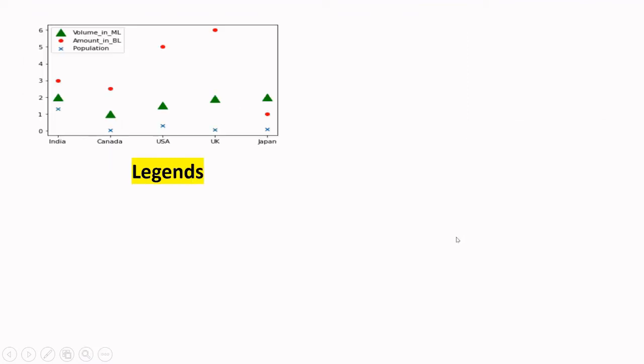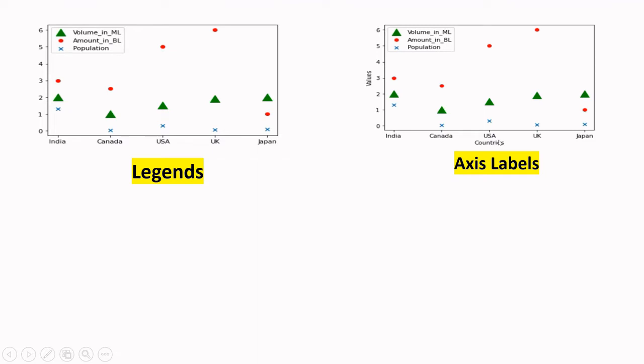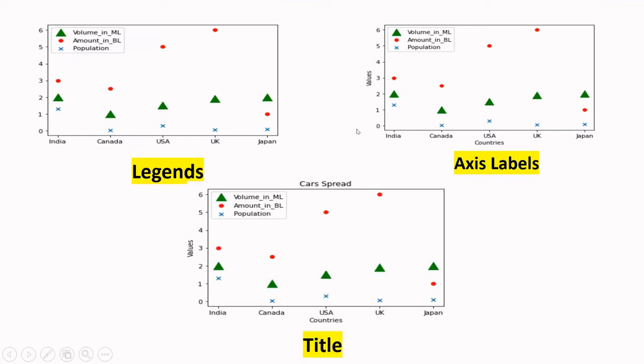All right. Then we will see how to add the legends. Then we will learn how to add the axis. Like you can see here, the x-axis and the y-axis name has been added. Then at the end we will learn how to add the chart titles. The purpose of this video is not to explain more about scatter plot, what is a scatter plot, when and how do we use this, when should we use this, but still I'm gonna give you an overview.